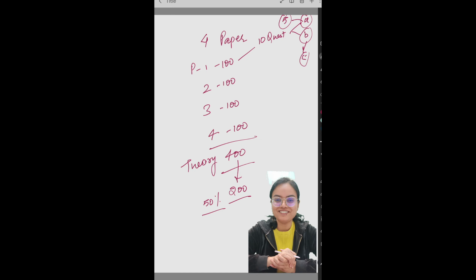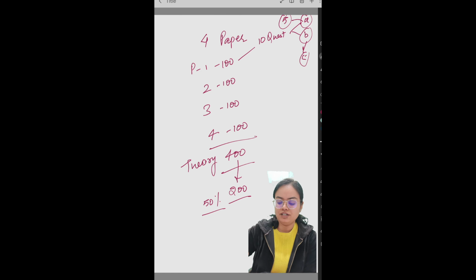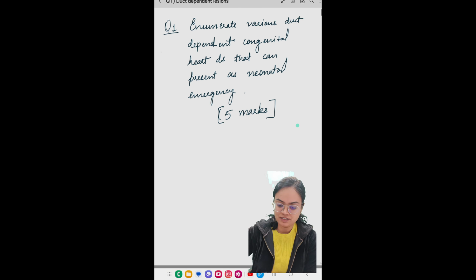So I hope I am clear with it, कि एग्जाम पैटर्न कैसा होता है. 100 मार्क्स का पेपर होगा, 10 क्वेश्चंस होंगे, हर एक क्वेश्चन 10 मार्क्स का होगा. पूरा 10 मार्क्स का ना होते हुए उसमें पार्ट्स होंगे, पार्ट ए एंड पार्ट बी. पार्ट ए ऑफ 5 मार्क्स, पार्ट बी ऑफ 5 मार्क्स, इस टाइप से. नाउ स्टार्टिंग विद द फर्स्ट,